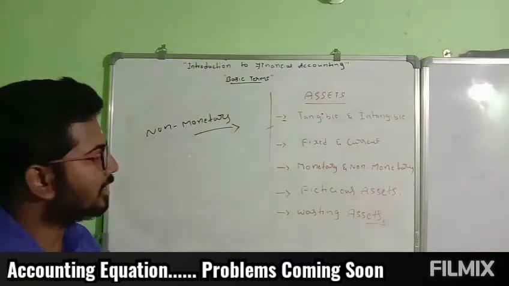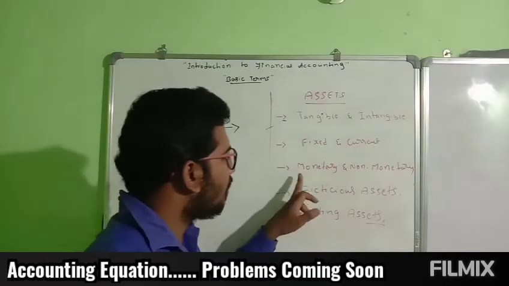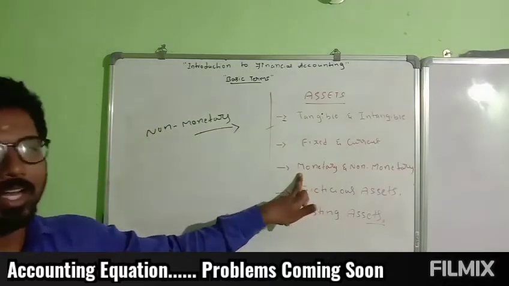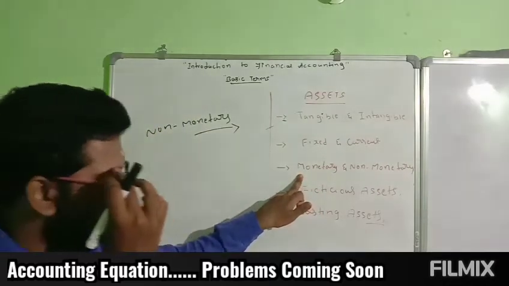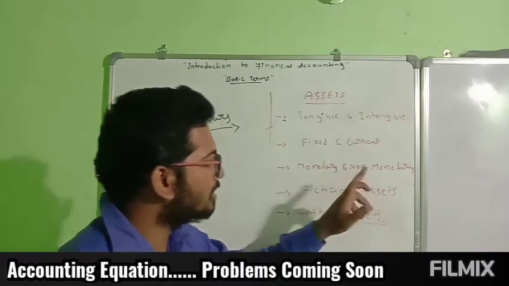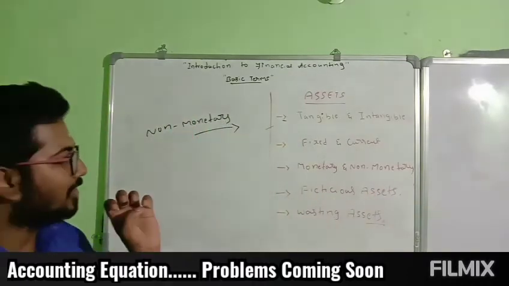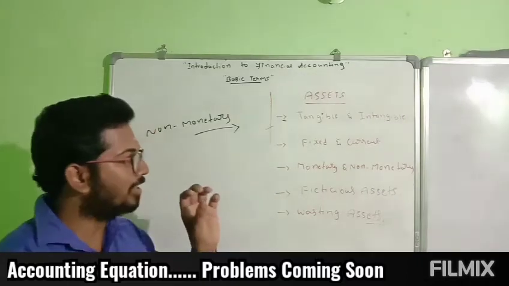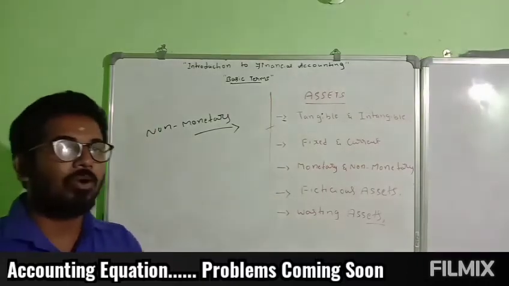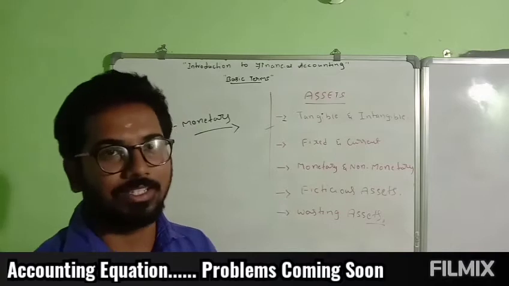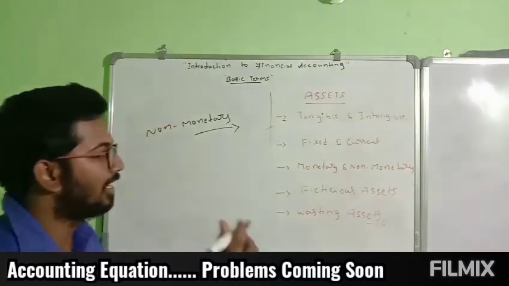So monetary assets are recorded at the book value, and when realized, we get the same value. That is what we call monetary assets. Non-monetary assets are the assets which will have a difference. If you record the book value at one price, and when you sell, you realize some other price, that is what we call non-monetary assets. Example,